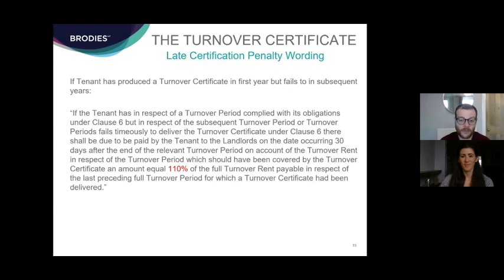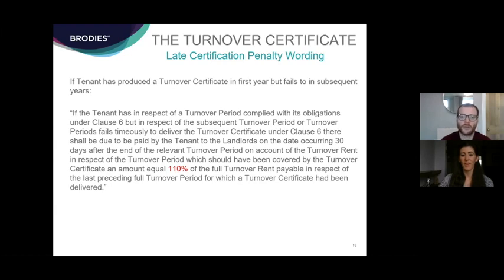Again, that figure in red there, 110%, I've just picked out of the air at the moment, and that is something that can go back and forth between solicitors. So that is a point to be bearing in mind as well. If that can be agreed up front, then that obviously would make things a bit smoother when we come to do the drafting. But often landlords and tenants haven't even thought about it at that stage, so it's something to bear in mind. And then before we move on to the next slide,